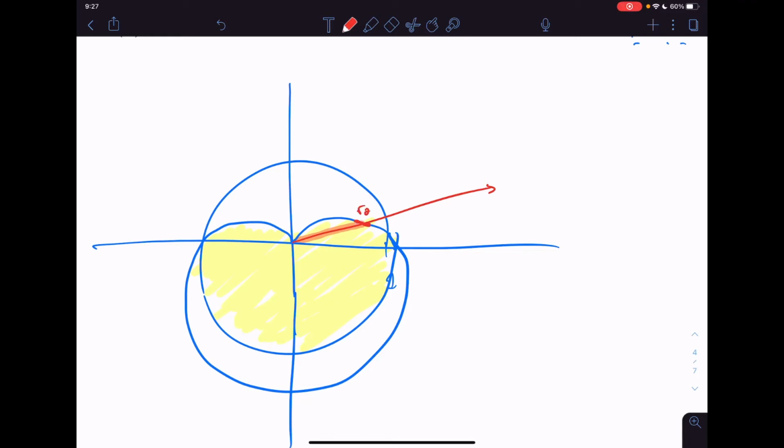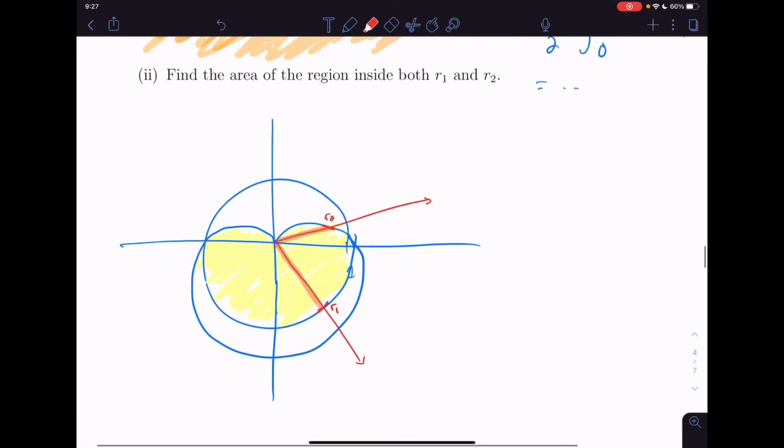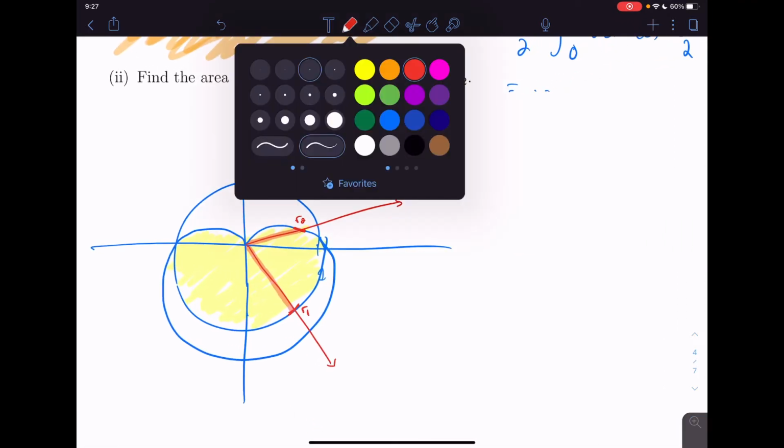It doesn't even encounter R1. Whereas, if I had a ray pointing down here, notice that it hits R1 first, and the area being contributed here is only coming from R1. So here the picture is really important, because here we're not actually computing the area between two curves. Here the desired area,